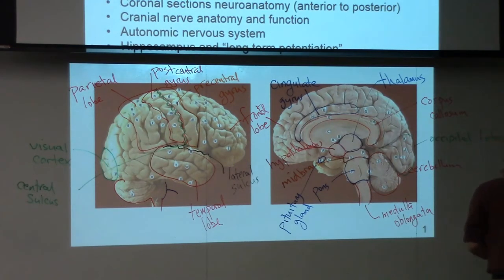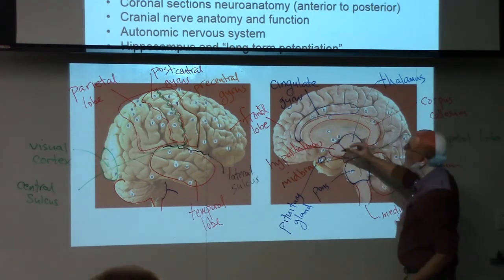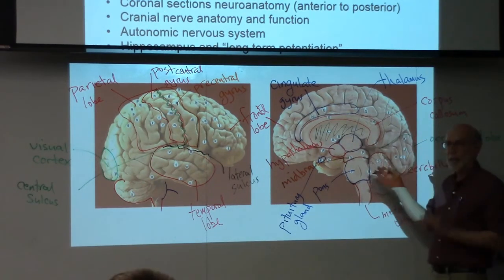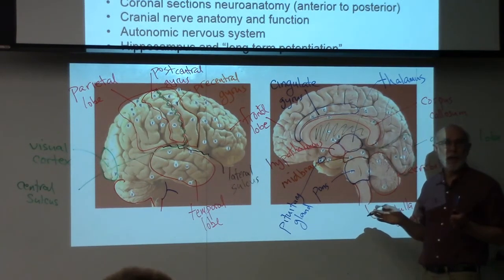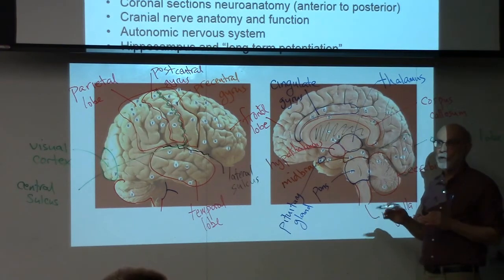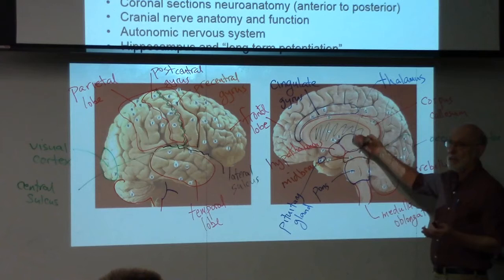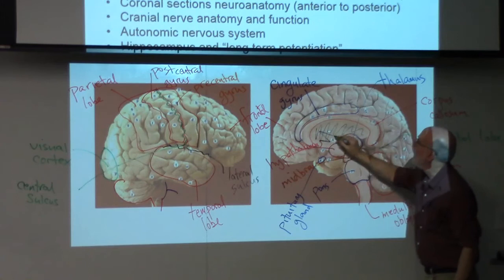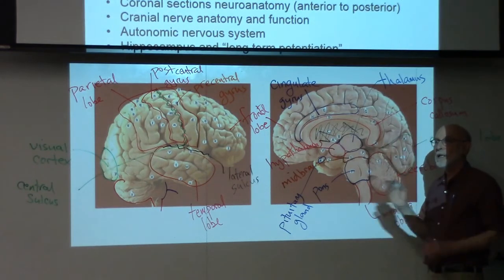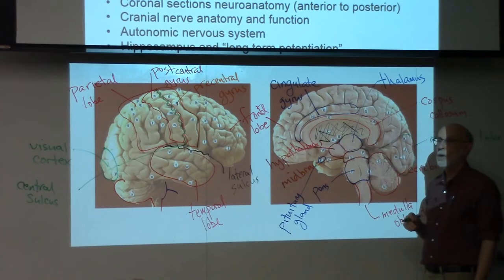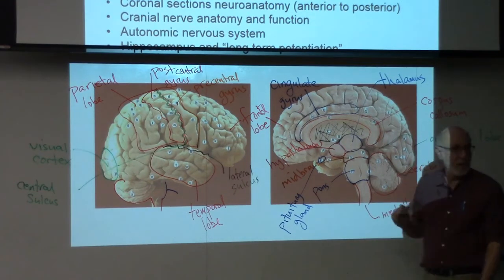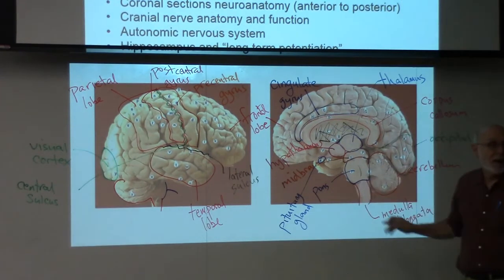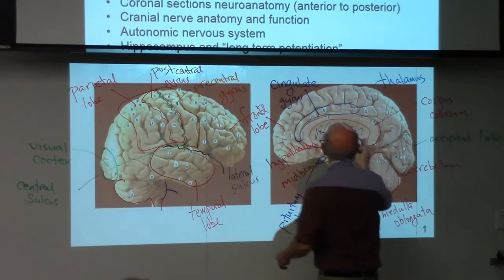Does anyone know the name of this membrane? Right here, it's a very thin membrane that separates two chambers that are filled with cerebrospinal fluid called the lateral ventricles, which we can't see here because it's behind the membrane and it's buried deep. Does anyone know the name of this membrane that we see at the midline, separating the two lateral ventricles? Is that the third ventricle? No, the third ventricle is buried down in here somewhere. The name of the membrane is the,